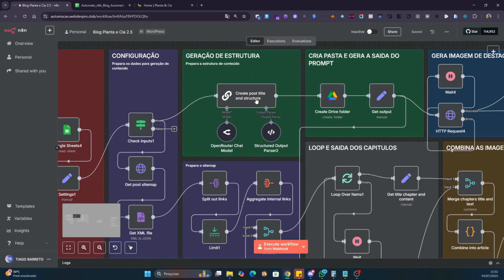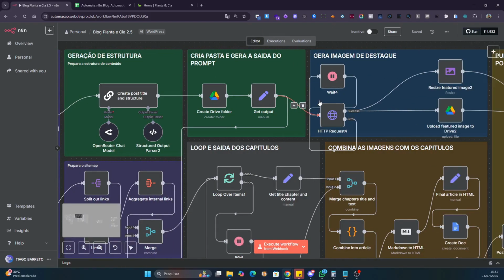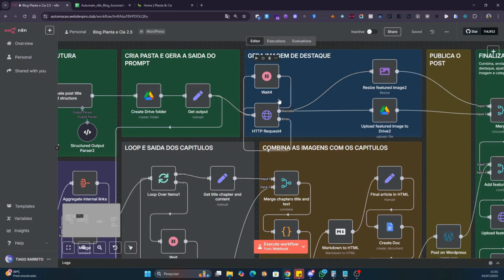You'll set up this structure, decide on the number of sections, chapters, and so on, right? After going through all of that, it will generate all these prompts to create the content, make the images, and keep everything organized. It will create a folder in your drive, okay? You can choose a folder in your drive, whatever you prefer, right? And it will keep everything here, separate all the information from my post, and here it will generate a featured